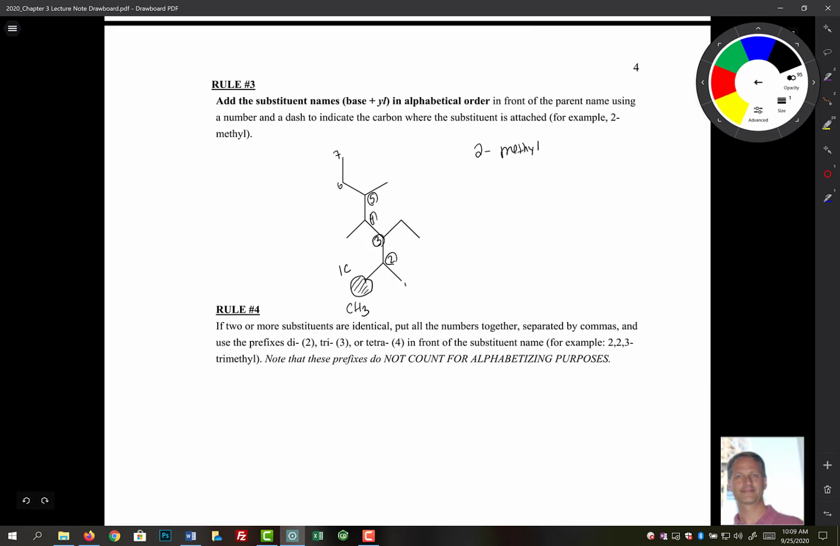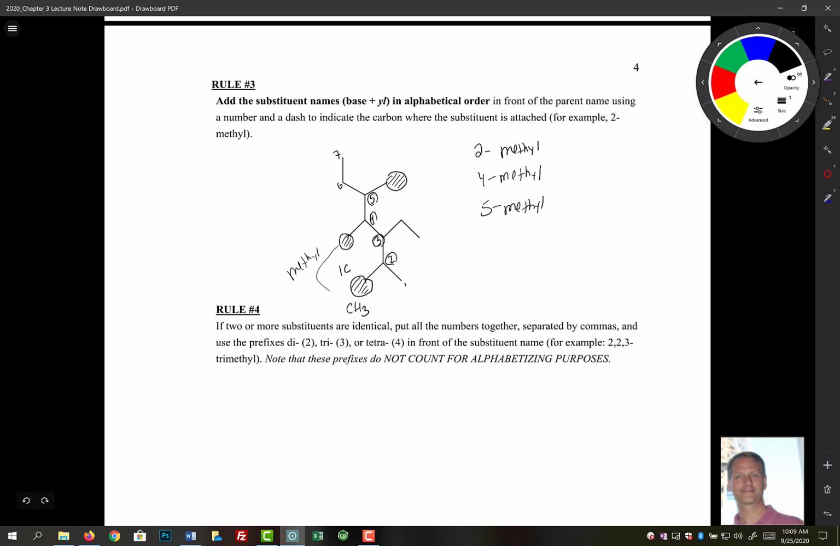So then coming up here at number 4, that's another methyl here. So both of those are methyls. And that's at 4, so that's a 4 methyl. And then over here we have another methyl here, and that is at number 5, right? 5